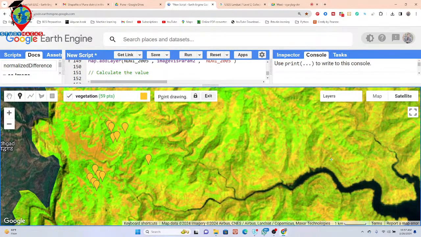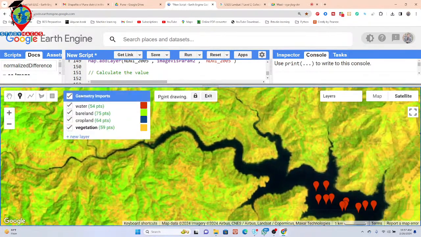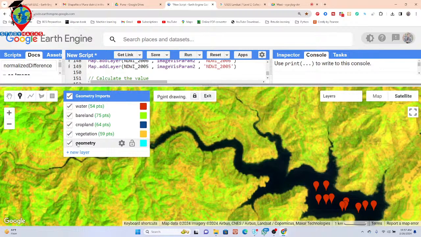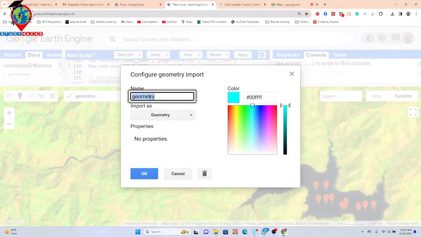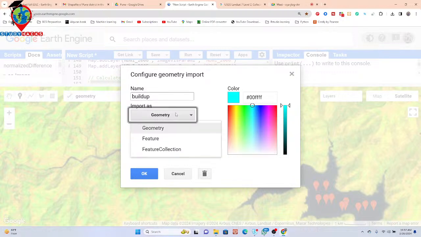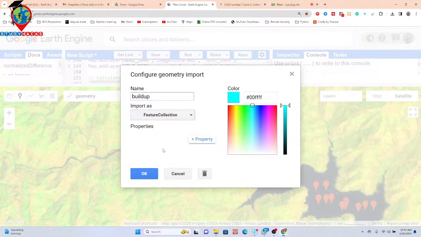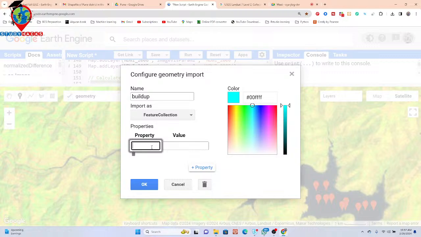Then finally we find out the urban or built up. So just take the variable and put here. Feature collection property. I set the property name, suppose class, and put here 4. And then